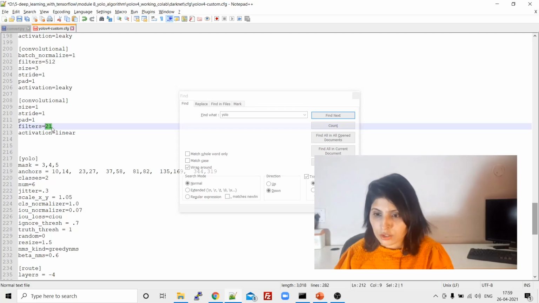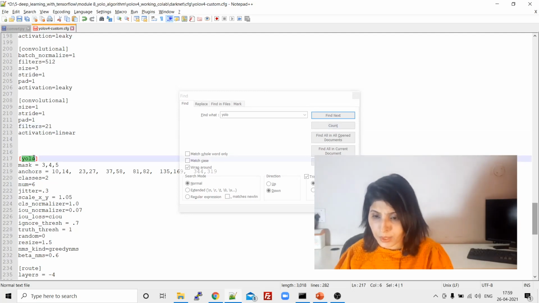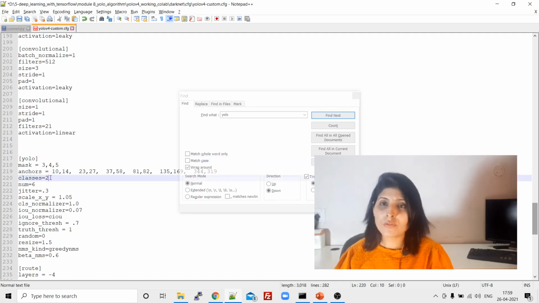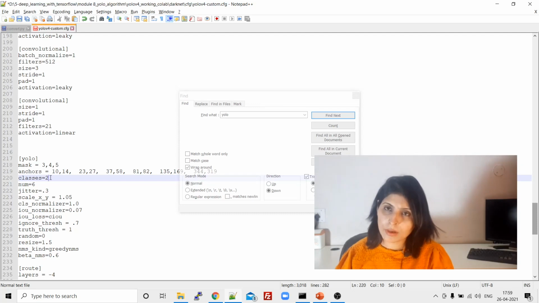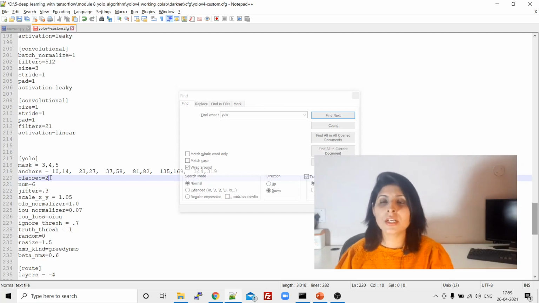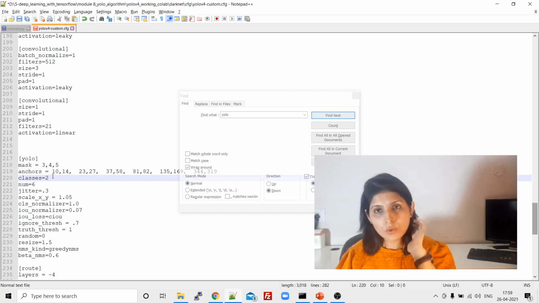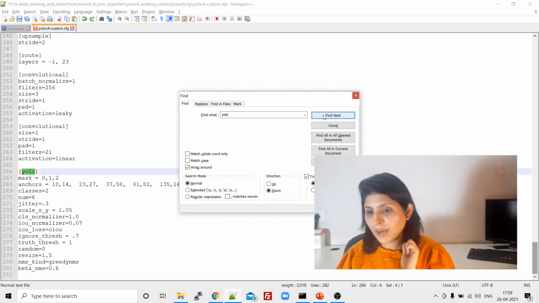Okay, so we have changed it to 21, and below this YOLO, under classes, over here by default you would have 80, right? But you have to change it as per your object detector. How many classes do we have in our object detector? We have 2 classes, so that's why I've written 2 over here. Now find next.